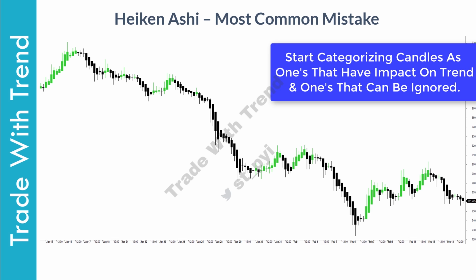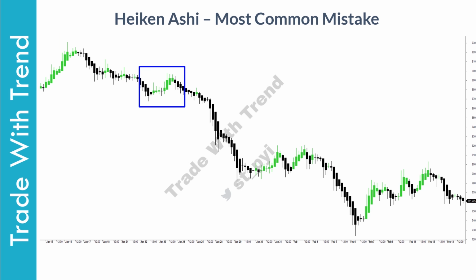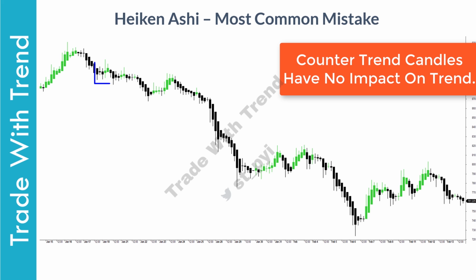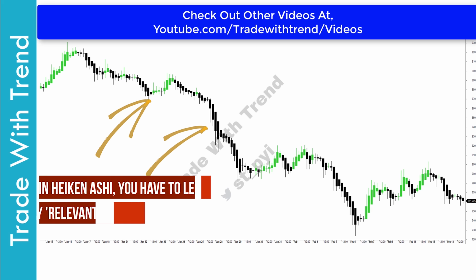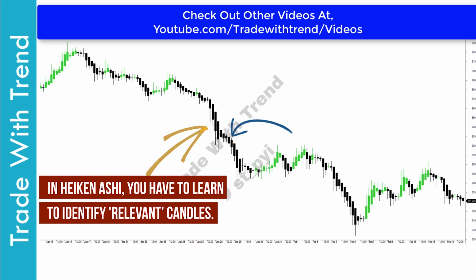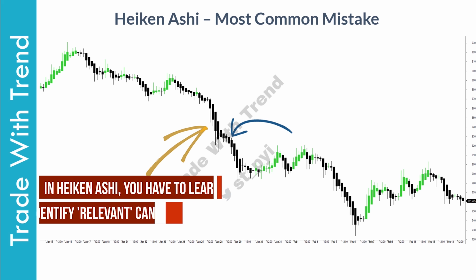In this chart, price has moved 20% from this region. During the same time, there are these series of Heikin Ashi candles which suggest trend reversal. As a trader, you need to know which candles have impact on trend and which ones are counter trend candles which have limited or no underlying impact. For example, after a series of indecision candles, price moves lower here. Momentum here is missing as neither down candles nor up candles are initiating trend candles. It is only in this region that we get two initiation candles followed by confirmation candles. From there on, price starts to move lower.